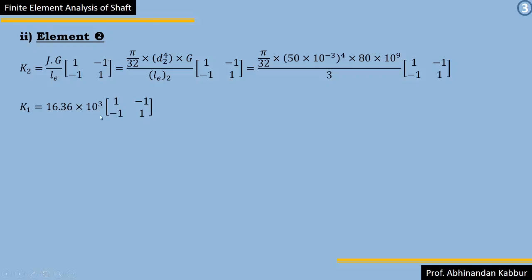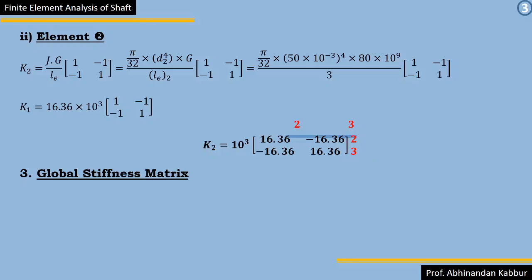Once again, as in the first element, I have taken 10 to the power of 3 outside. Here also I'll take 10 to the power of 3, so that the same common factor can be taken outside when I do the global stiffness matrix. Then 16.36 I'll send inside the matrix. So this is the final matrix I am going to get, K2: 10 to the power of 3 outside, 16.36, minus 16.36, minus 16.36 and plus 16.36. Once again, if you see the FEA model, the second element is associated with the two displacements theta 2 and theta 3, therefore I write 2 3 horizontally and 2 3 vertically. So this is my K2 matrix.